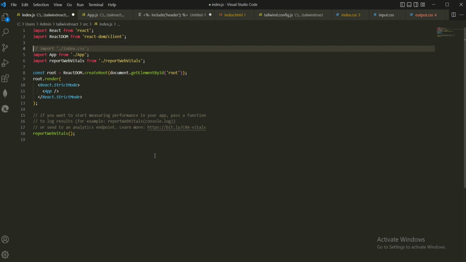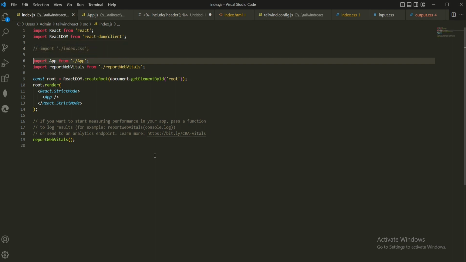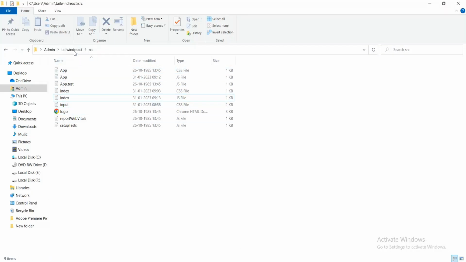If I remove it, and I can press the command, and I'm going to